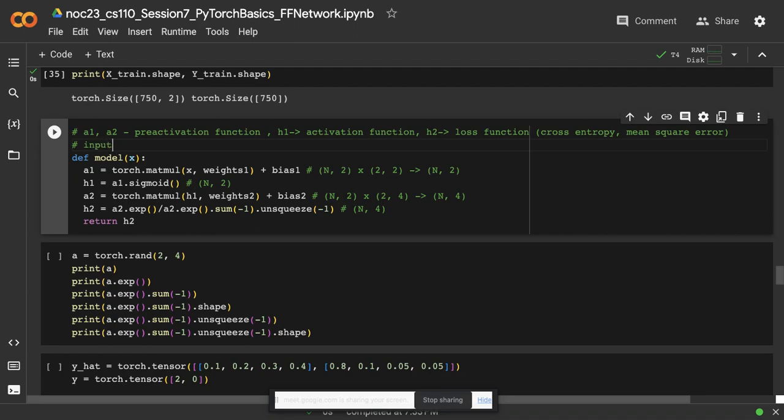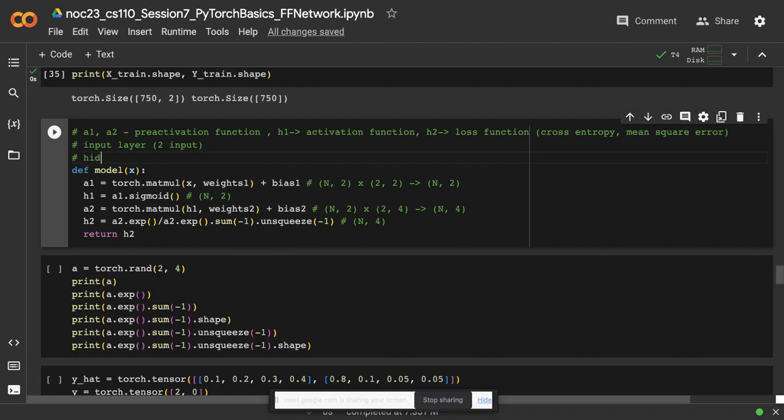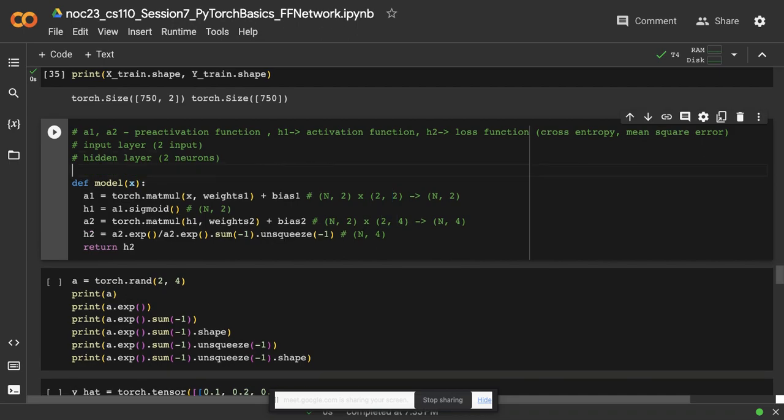The input layer will have two neurons, which means each input has n features. Now we have one hidden layer with two neurons. That's why we have a 2 cross 2, because from each input I'm going to have weights for two neurons each. And my output layer